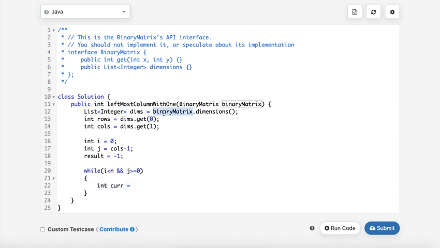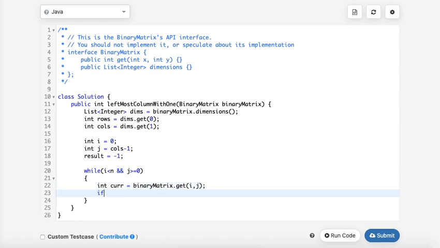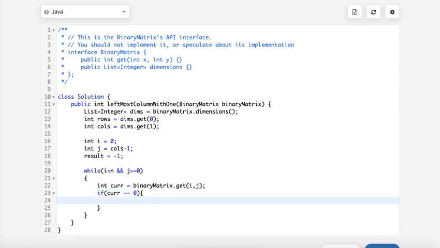So this will be binary matrix dot get i comma j. If it is 0, what we were doing was just incrementing i,